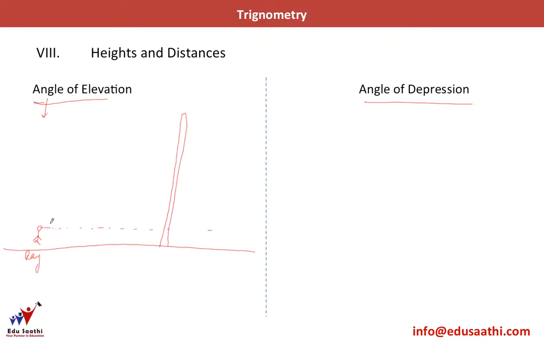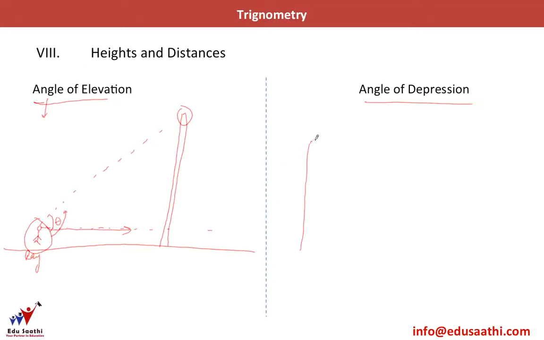Now to see the top of this building, he'll have to shift his eye level or his eyesight from this angle to this angle so that he can see exactly where the top of the tower is. So in doing this, he just lifts his eyes up. So this angle formed with the angle of the eye level is called theta, or the angle of elevation. So Raj is down here and is looking at the top of the building. So this angle formed with the eye level here, this is the eye level, is called theta, or the angle of elevation.